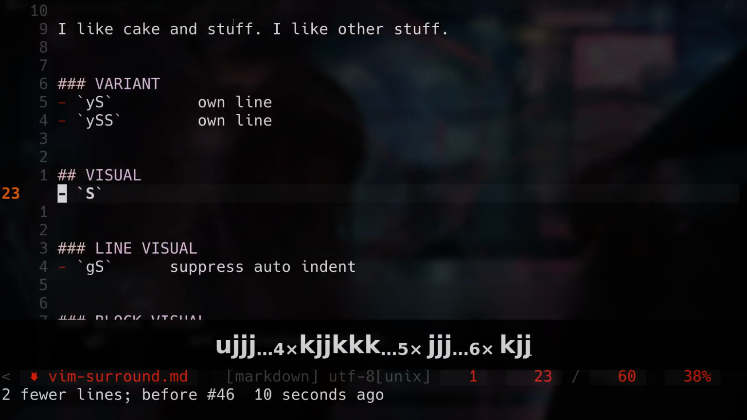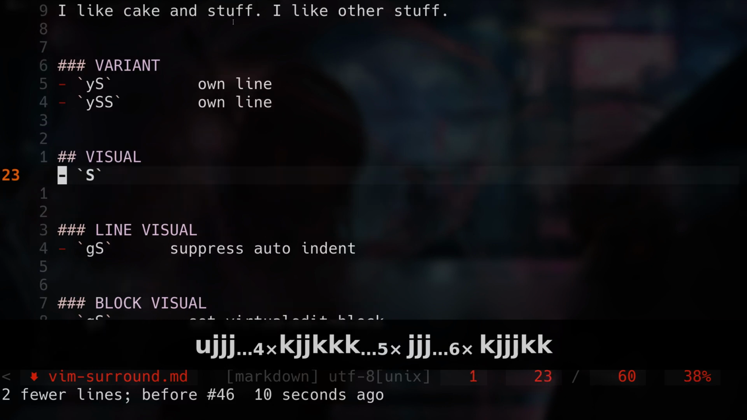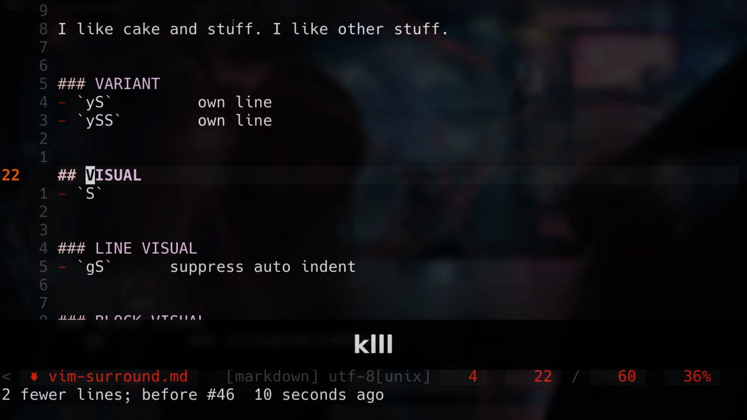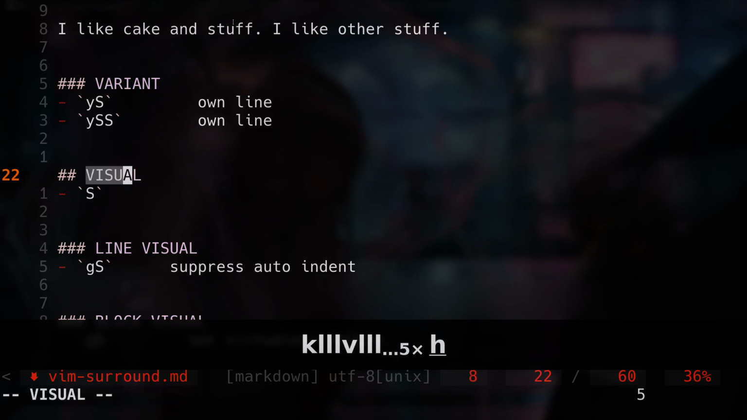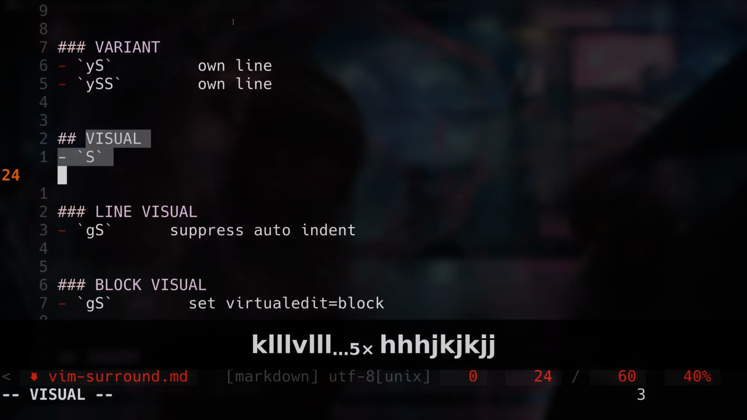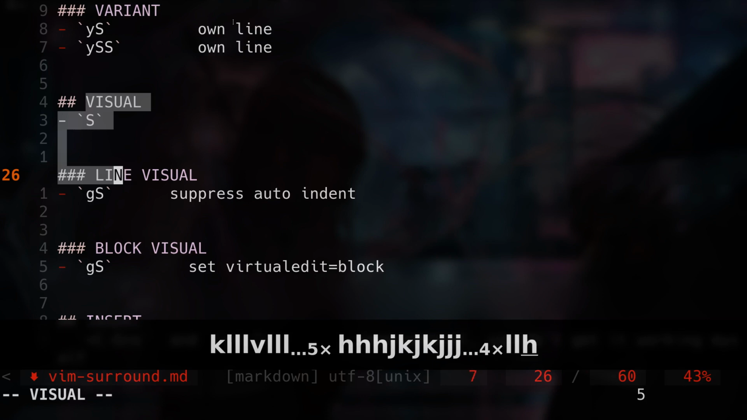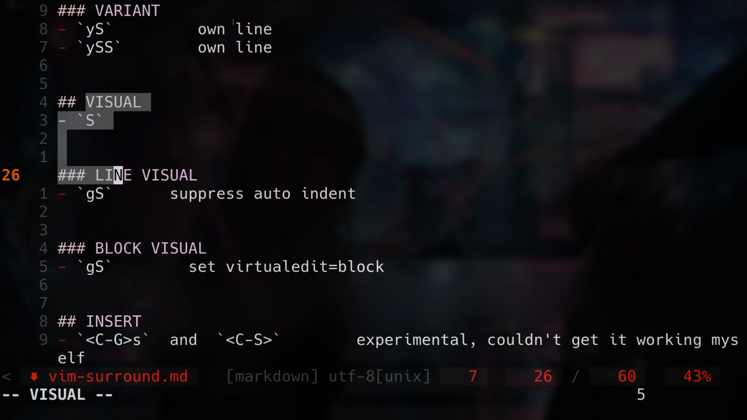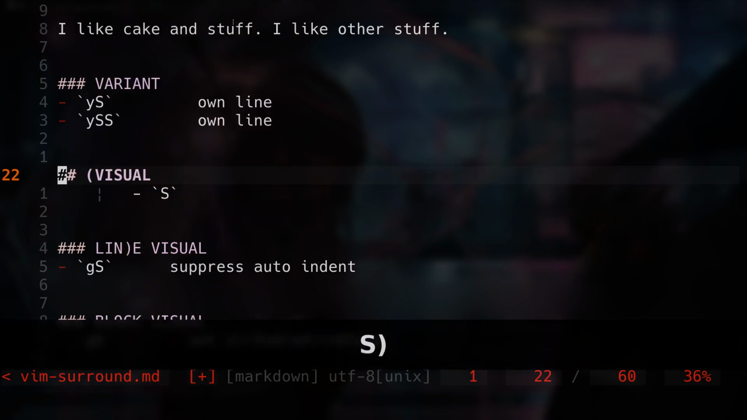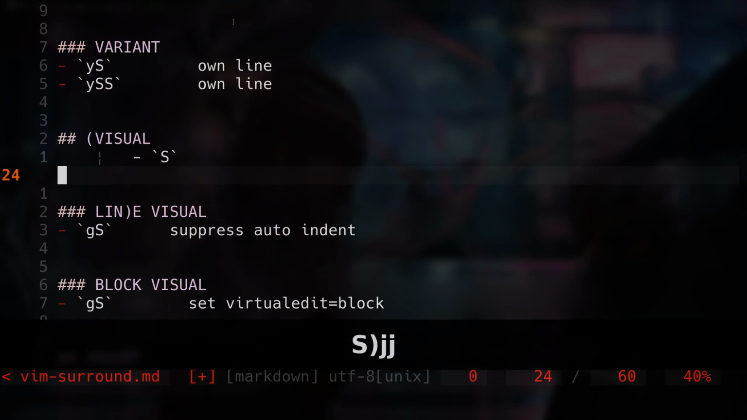So the next step is going into visual mode. In visual mode, if I press V, I'm now in visual mode and can select stuff visually. Let's say I have this visual selection. If I press Shift S and a character, it will surround the selection with that character. So if I do Shift S parentheses, okay, everything is